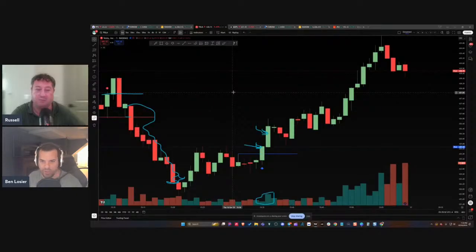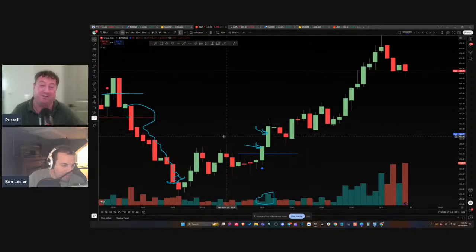I battle tested it on the higher time frames, and the strategy has mostly been shown on the higher time frames with the examples. But sure, it looks pretty good down here on the minute. The 1 minute's been solid, the 5 minute as well.